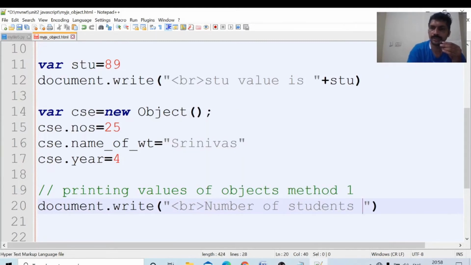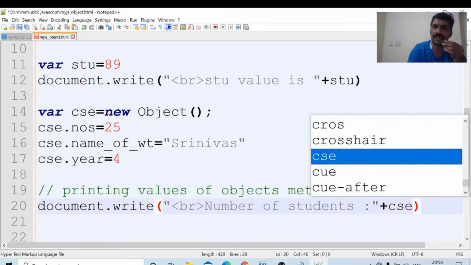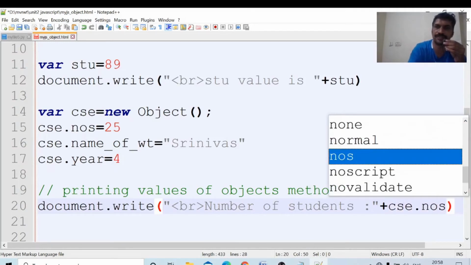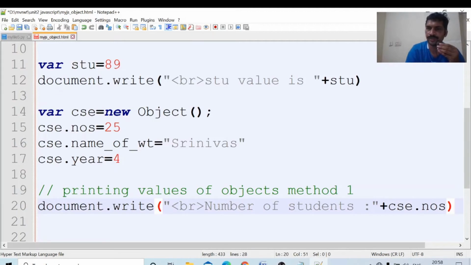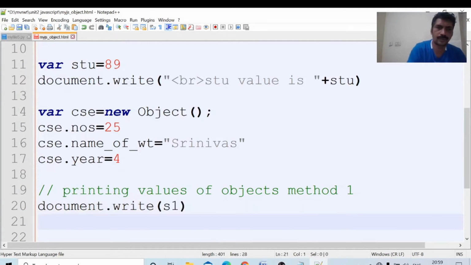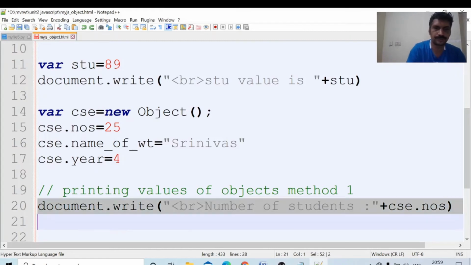Inside this, HTML formatting is also allowed. Number of students, same colon, plus. How to print the value? CSC.NOS. This is the first method. I will put plus and continue like this, or I will write multiple document.write statements.